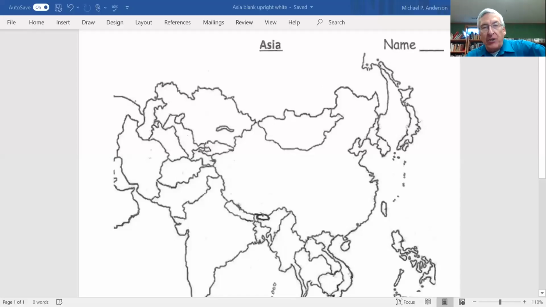All right, here's Asia. This is actually the same map that you'll see on your final. We already know a little bit about Asia because we talked about the biggest country by space in the world, and that, of course, is Russia. Russia is huge, and it's all strung up here. But today, we're going to take a look at this country over here.